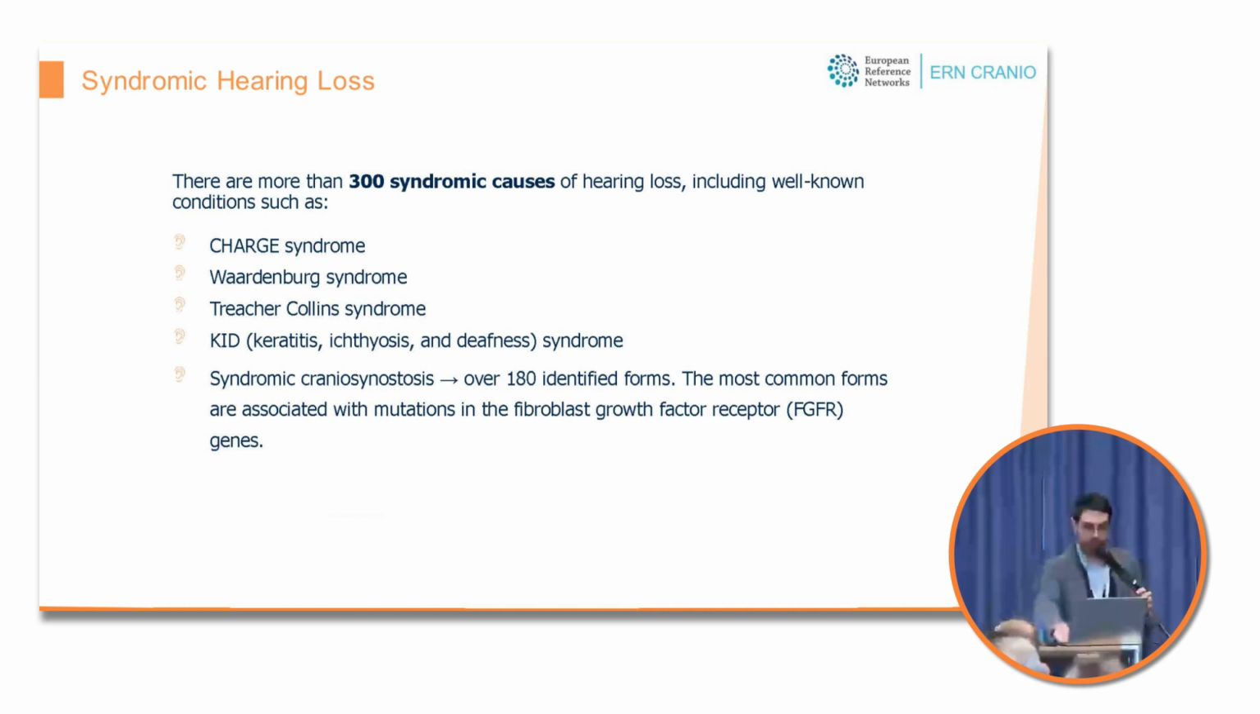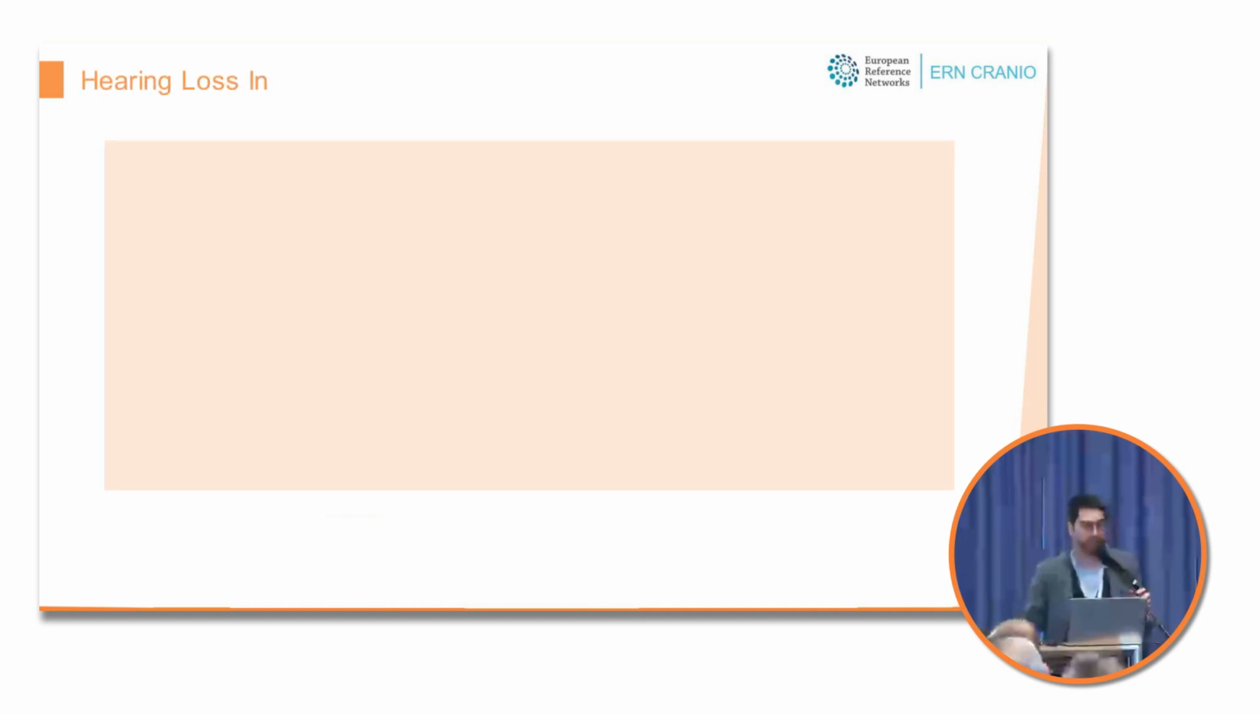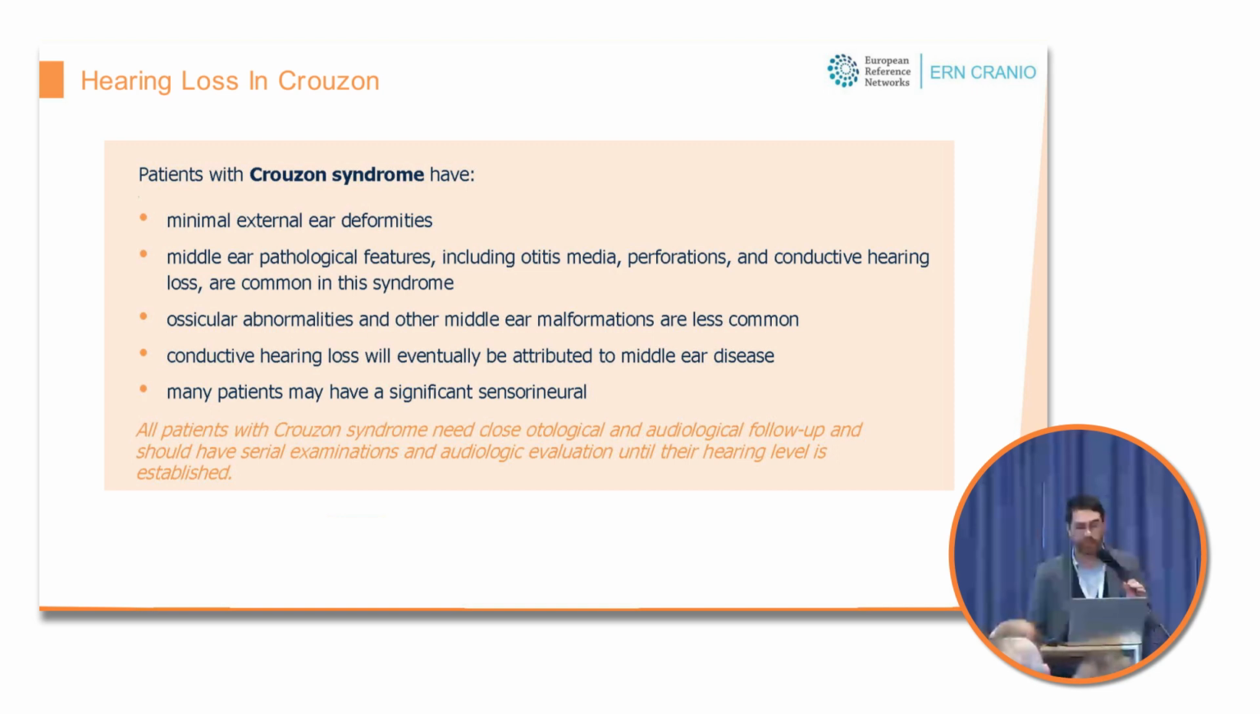For example, we have some information about these syndromes, but very few studies are available in literature. So one of the aims of this group and this network may be to further investigate the prevalence of these malformations and the shape, the characteristics of these anomalies. For example, while dealing with patients with Crouzon syndrome, we know that a small part of them has an external